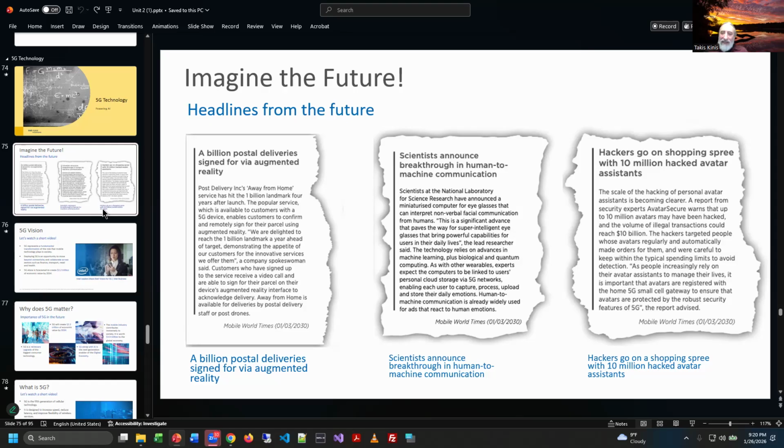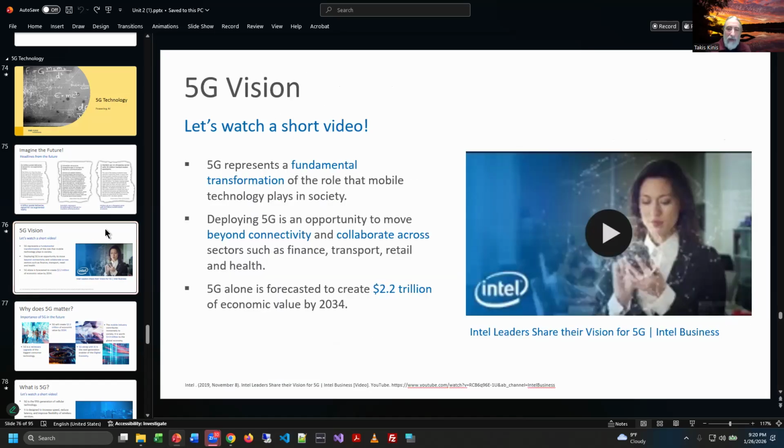And this is kind of weird. The last ones are particularly weird, right? There's this whole new thing of using AI as a companion of sorts, right? A lot of people use it in those kinds of ways, but people are applying avatars to that, and what they're indicating here in this fictitious article is, what if somebody was able to hack into that and control it, basically? Kind of an interesting thought, right? Maybe a good reason not to use it. 5G is a pretty transformative technology.